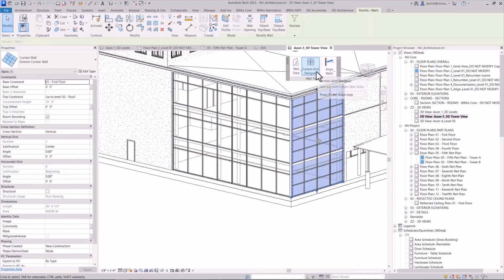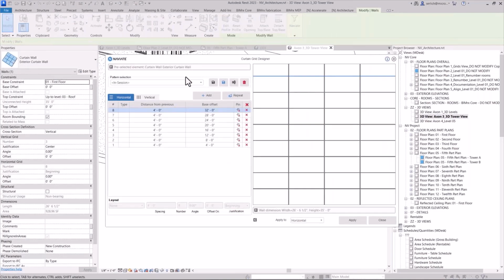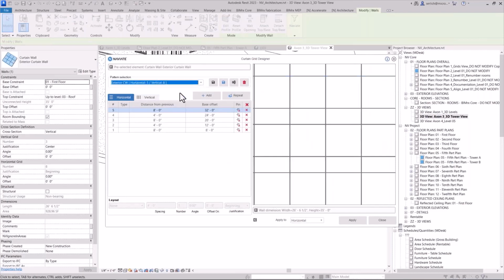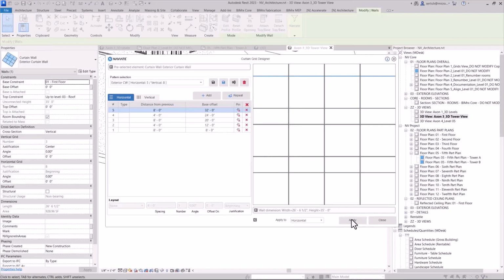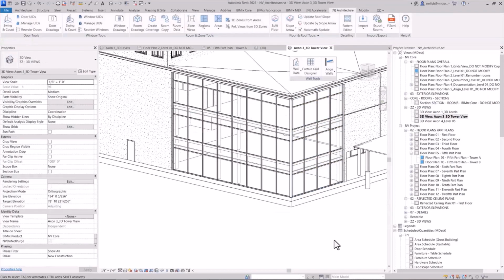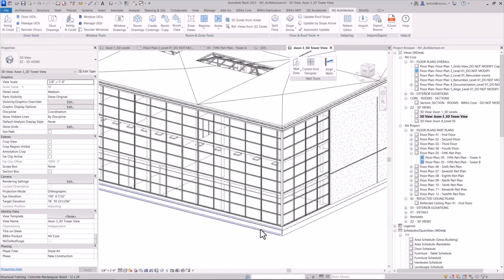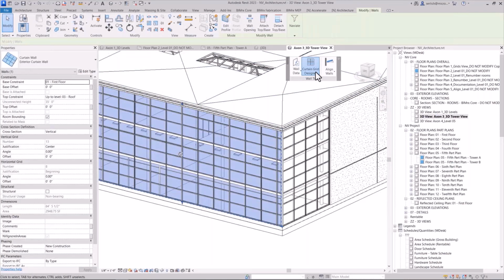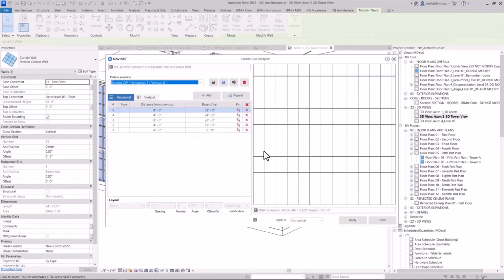So for example, I'm going to select this curtain wall, and instead of having to repeat that modification, I can simply select that saved pattern. It's going to pull up the exact one, and then I just have to apply it, and it's going to apply it to that other wall. It will warn me that some things are going to get deleted, as expected of course, but it makes it really easy to make these changes, especially when I'm trying to replicate the same design across multiple walls, as we